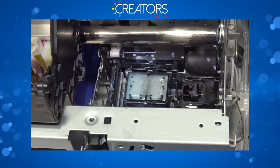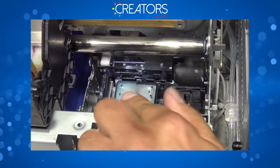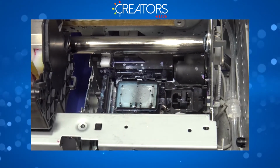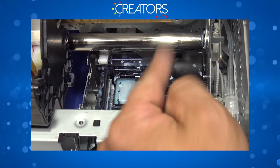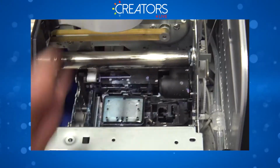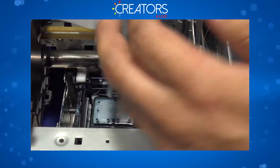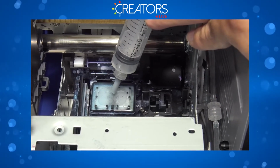An extra step that I always like to do is this. After filling that capping station, notice that you have a bunch of bubbles right there. Those are air pockets. If you wet cap your printhead with those air pockets floating on top of the solution, your nozzles are not going to be properly wet. You're going to have air between the cleaner and the nozzles, and you might end up with a faulty nozzle check or a possible clogged nozzle. So I like to use my syringe,